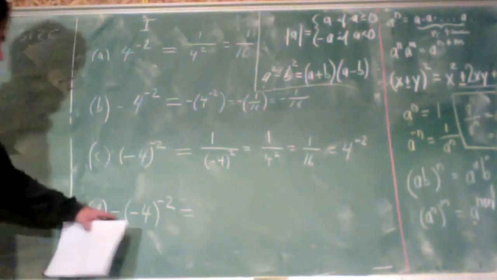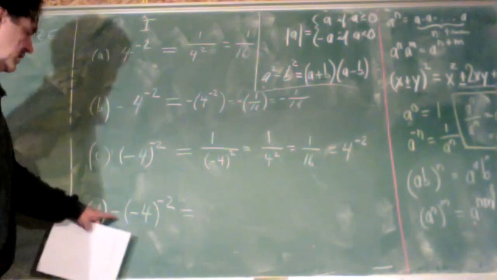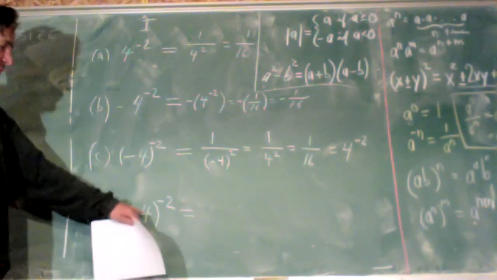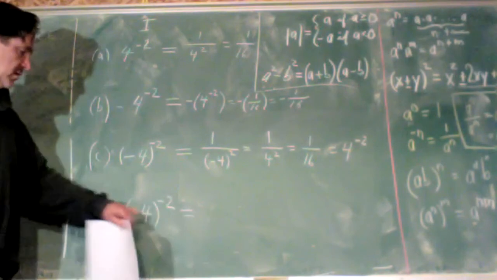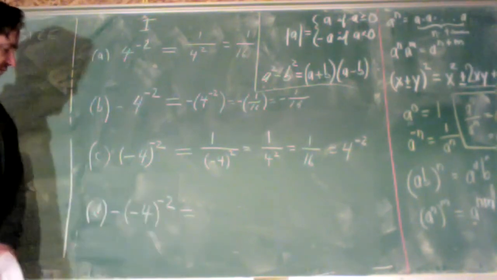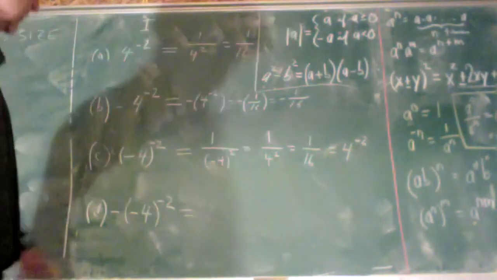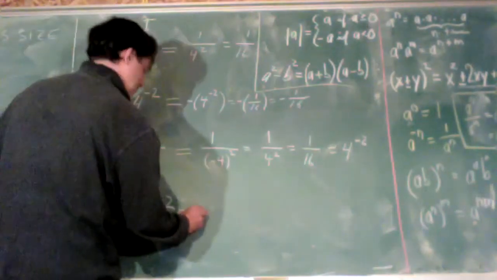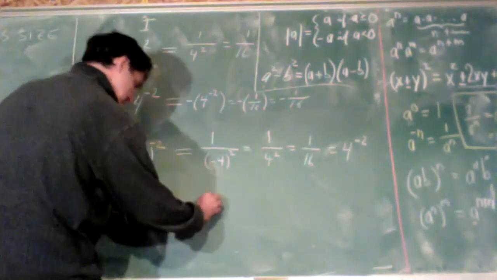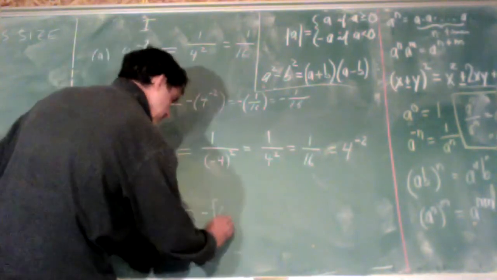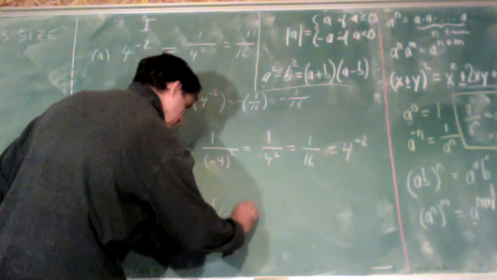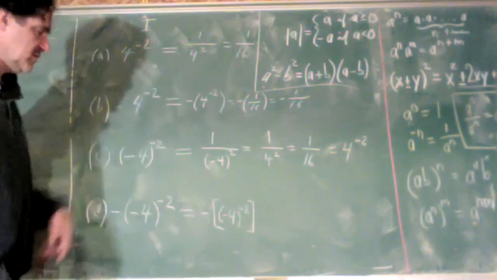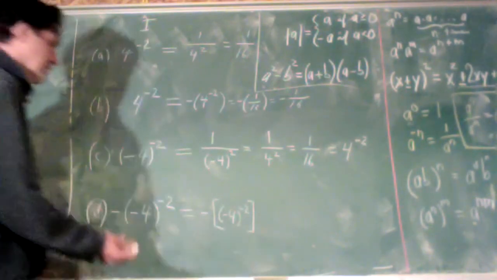All right. And what do we have finally in D? The first minus sign lies outside the scope of our exponent. The scope of our exponent is defined by the parentheses. The parentheses define the scope of our exponent. So the minus stays outside. We could write this as minus, this looks a little funny, but bracket, minus 4 raised to the minus 2. Sort of like we did here, except we didn't need the square brackets to differentiate from the round brackets. Equals